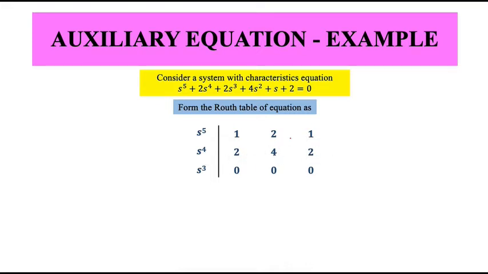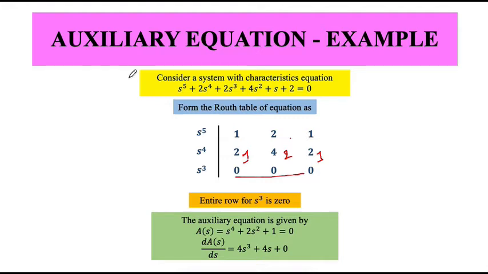So you could have here 1, 2, 1, and you can divide all of them by 2. So it will be the same analysis, and you see the rows are of the same numbers, therefore the entire row of s^3 goes to 0. So what do I do now? I will construct my auxiliary equation